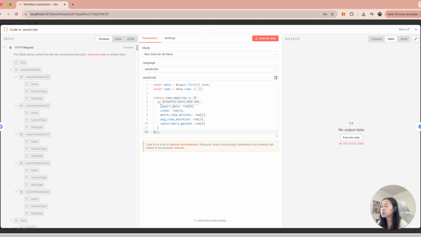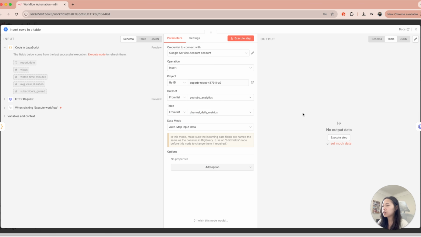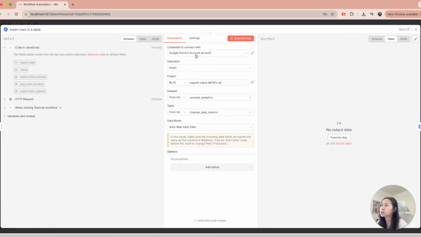So there are columns that I've created on BigQuery. This includes the report date, views, watch time minutes, average view duration, and subscribers gained. And then the last bit is to insert the data onto my BigQuery table. So think of BigQuery, the table is like an Excel spreadsheet. Within your tab, you have a table, and you have rows, you have columns, and these columns are named like these, report date, etc. And basically you want to insert the data into the table. So that's what I'm doing, and you can see at the top my credential is the Google service account that